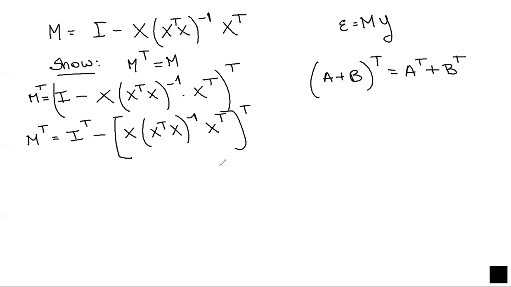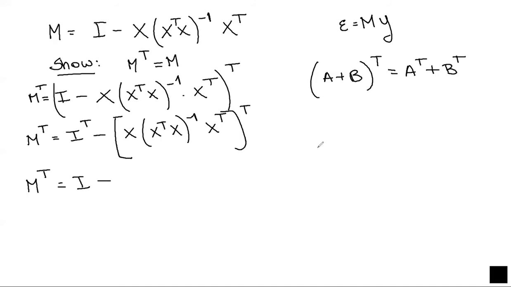The first thing to note is that the identity transpose is just the identity matrix. The reason is that the identity matrix is just a diagonal full of ones and zeros everywhere else, so when you flip it by transposing it, you get the same thing. So M transpose is just going to be the identity matrix minus all of this, which to operate on,